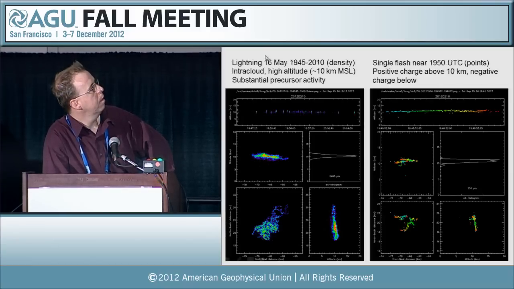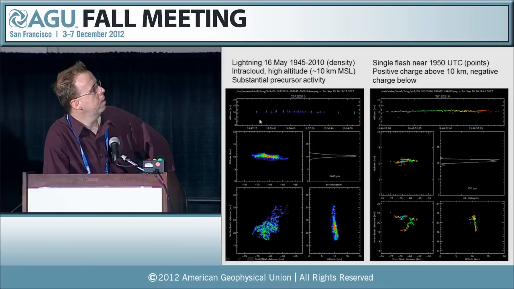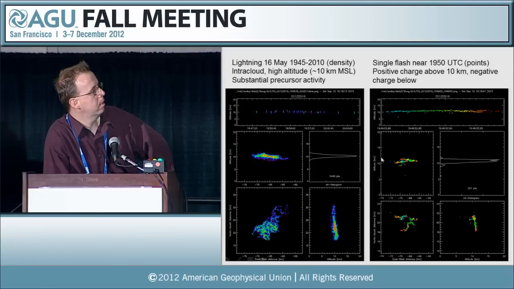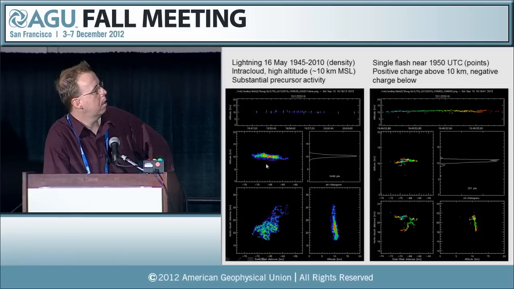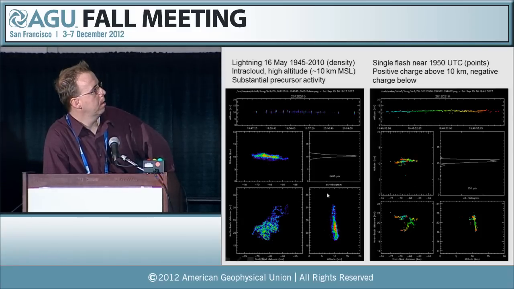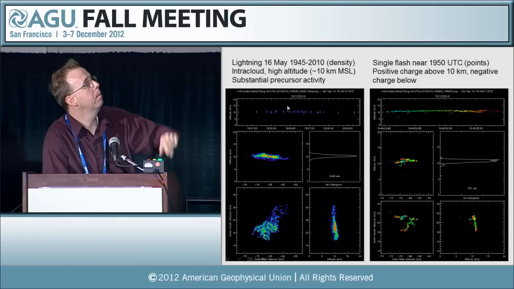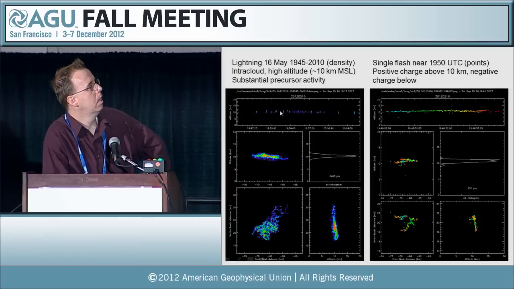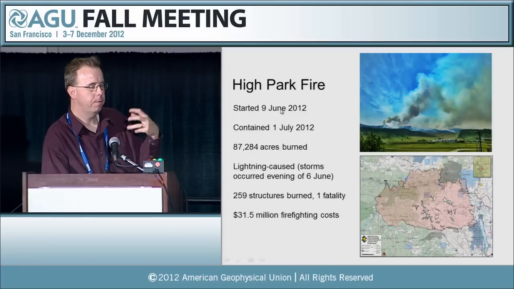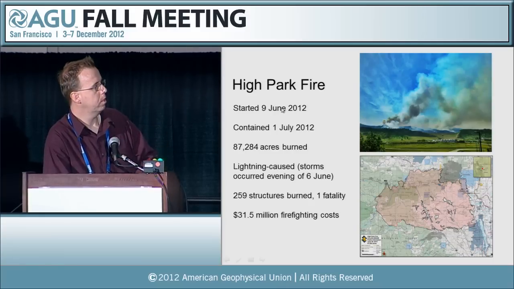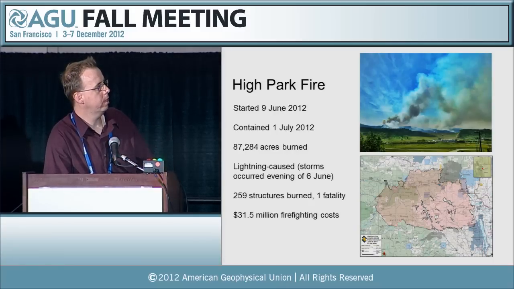The lightning itself is fairly compact vertically. This is source density, and then this is an individual flash. You see the sources are sort of located over about a 2-kilometer depth with positive charge above and negative charge below, apparently. There's a lot of precursor activity, so it's kind of pop, pop, pop, boom, pop, pop, pop, boom is how things are happening in these flashes. So it's all indicating fairly weak electrification process, at least what it appears, because the flashes are pretty small, they're vertically compact, and there's a lot of precursor activity, so it's hard to get them going.